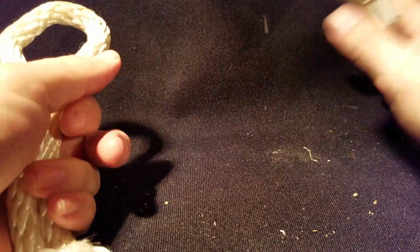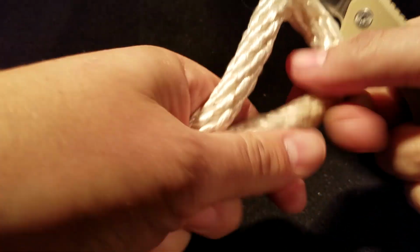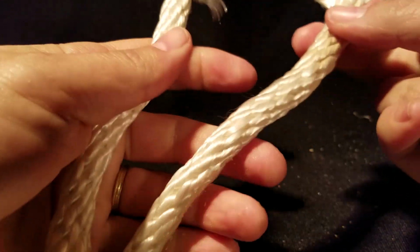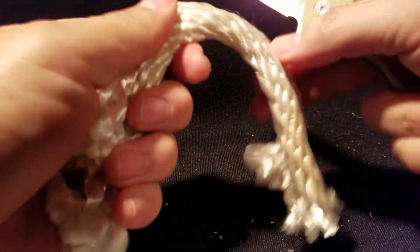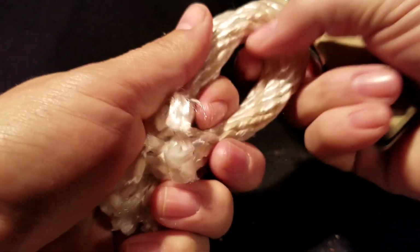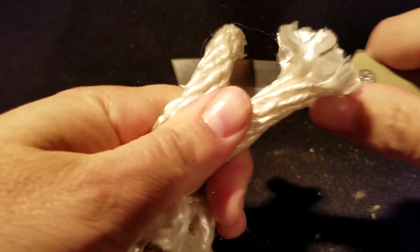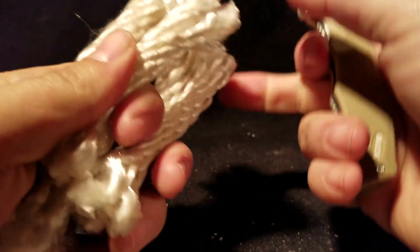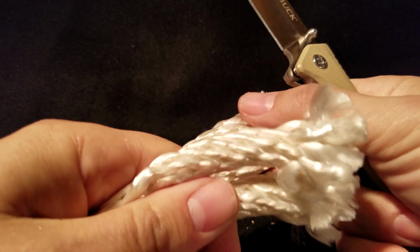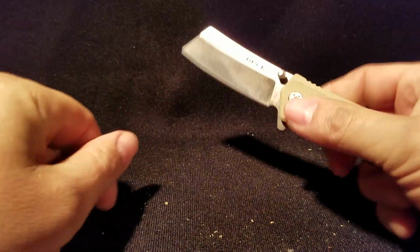Oh, and there's sawdust everywhere. I'm in my shed. It seems to cut pretty well. Sorry, I'm sniffling. I'm out in the shed, and it's pretty chilly out tonight. Yeah, so doubling up, it didn't want to cut them on the first pass, but it's sharp, and sharp enough to